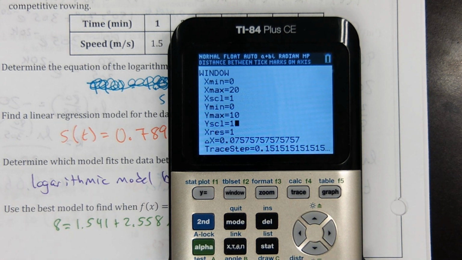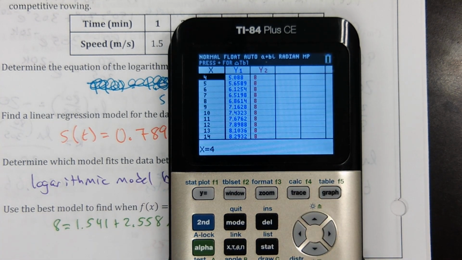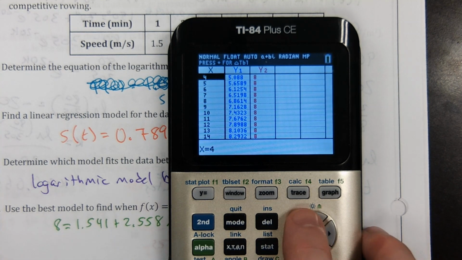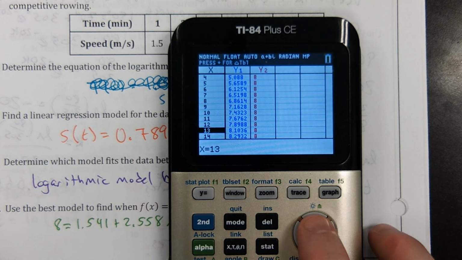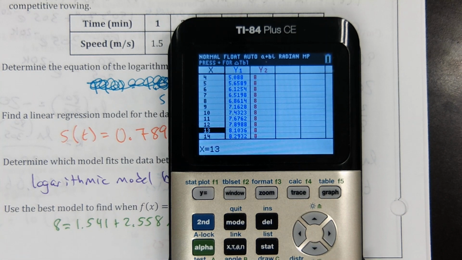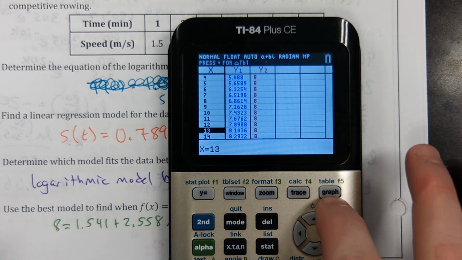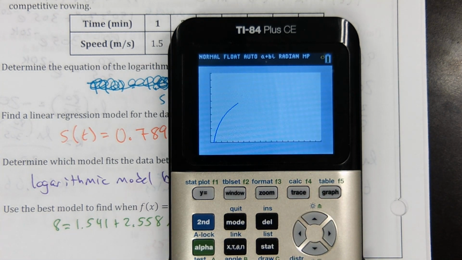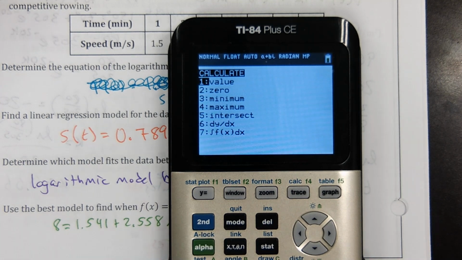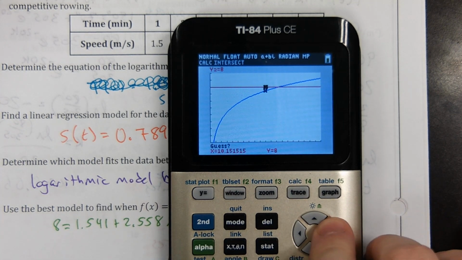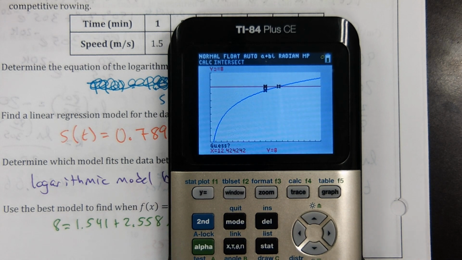Now, I could have used the table to check for a decent window if I wanted to, and seen that the answer is between 12 and 13. So I guessed from 0 to 20, and it managed to land there. But I'm going to hit graph, and there's our logarithm. Here's y equals 8, and we can see the answer by doing second trace intersect, which is 5. Enter, enter, and scroll to take a guess. And we see that our answer is about